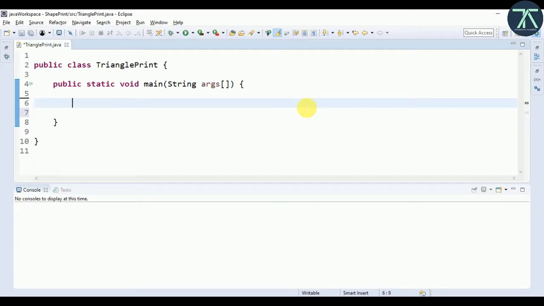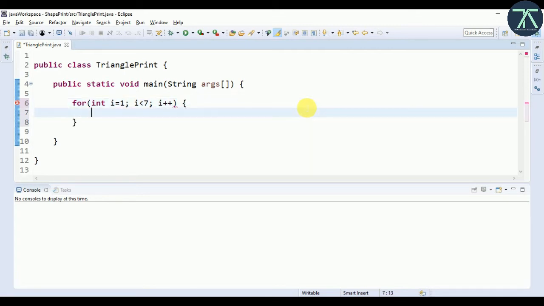So first, to achieve our first step, that is a series of stars, for that we need a for loop. I declare a for loop with a loop variable that is i, initialize it to 1, and I give a condition that i less than 7. That is nothing but the height of the triangle, and the increment operator that is i plus plus, and then I